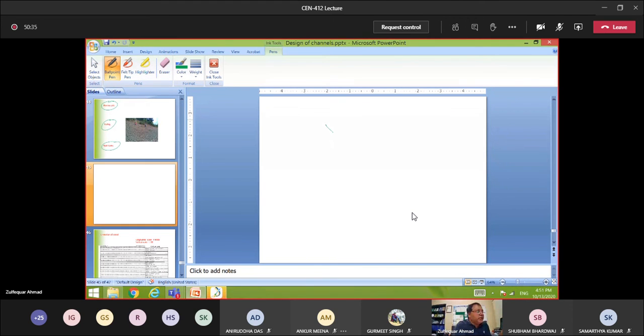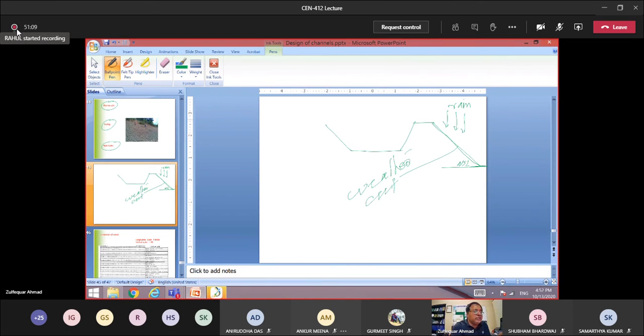If the canal is in complete filling, and you have the bank like this, this is the NSL. Now this bank, if you leave it as it is, then once there is rain here, the rain will cut the surface. That is the weather cut, you can say. This is the weather cut due to rain.